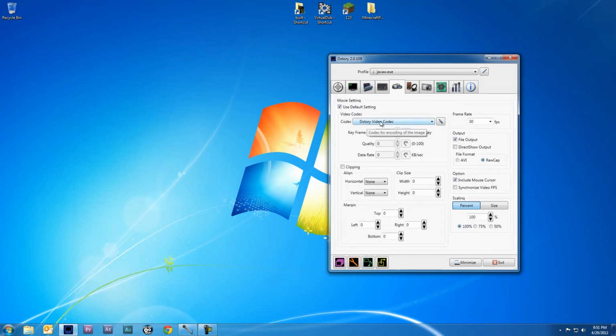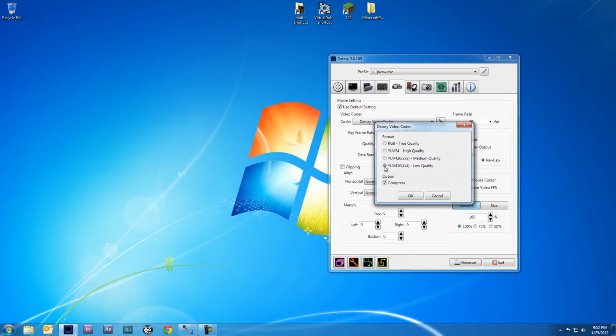Under the codec, you can just leave it on Dxtory video codec, but under options, I use YUV410, which is low quality, and I compress it. Now, even though it says low quality, it's still like amazing quality. Especially for Minecraft, you're not going to notice much difference between high quality and low quality. All this means is that if you use high quality, then your files on your hard drive are exponentially bigger. I've experimented with this and I didn't really see much difference, so I would say stick with low quality and